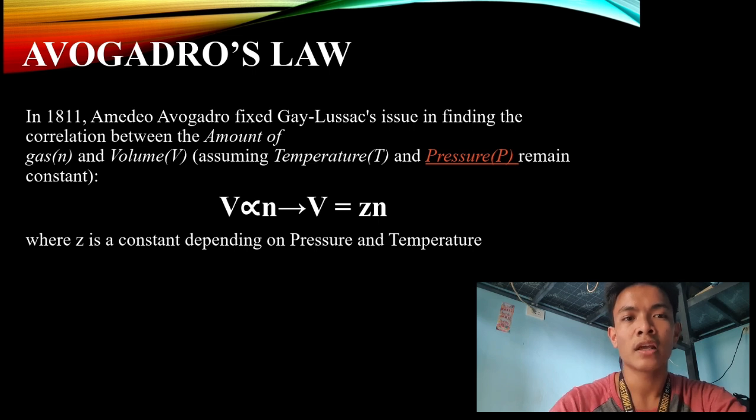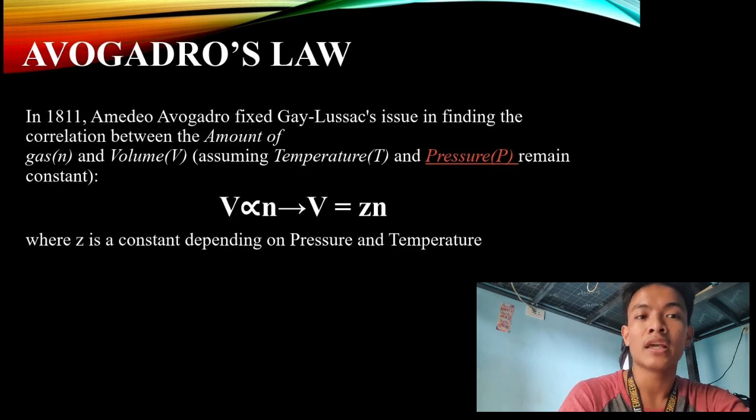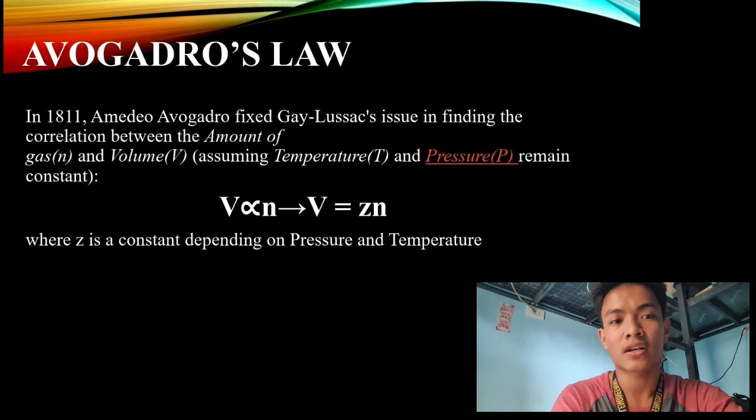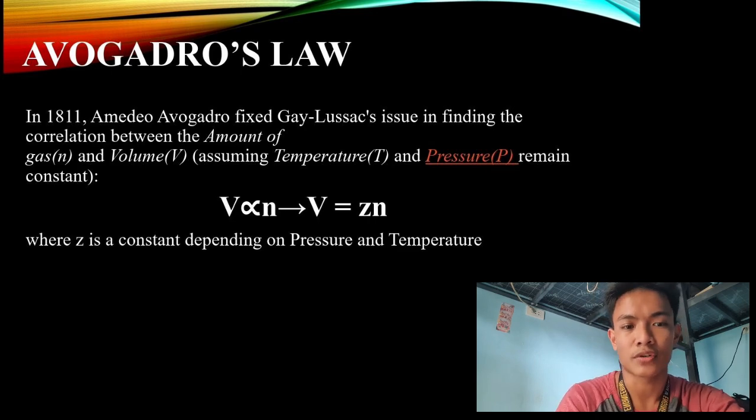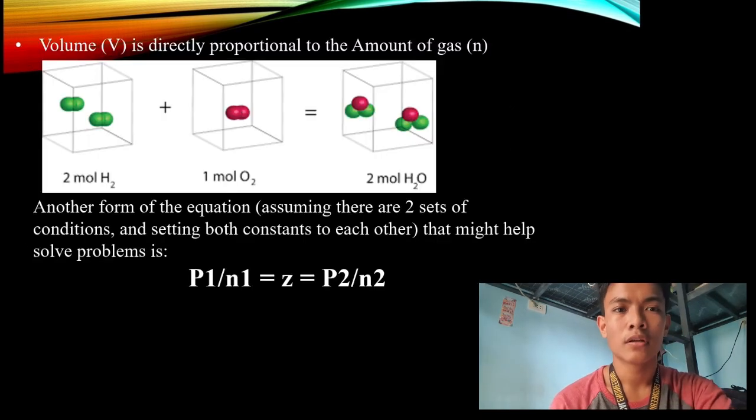In 1811, Amedeo Avogadro fixed Gay-Lussac's issue in finding the correlation between the amount of gas N and volume V, assuming temperature T and pressure P remain constant. V is proportional to N, so V equals ZN, where Z is a constant depending on pressure and temperature. Here in Avogadro's law, volume is directly proportional to the amount of gas, while in Charles' law, volume is